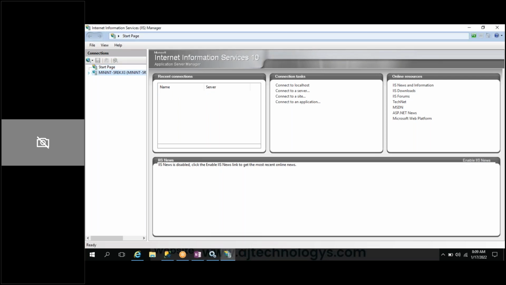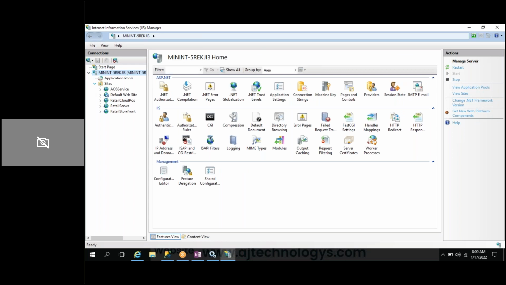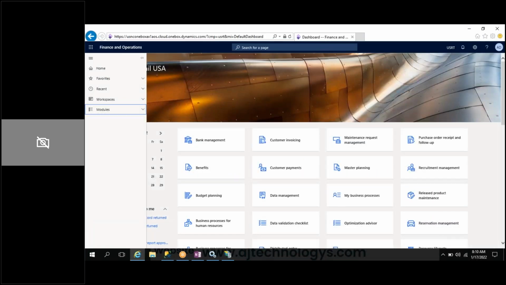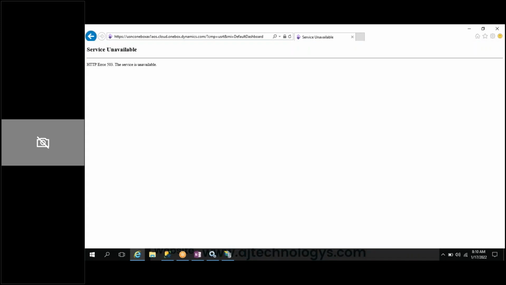Then you can expand this, sites, and our AOS service is available here. Okay, Application Object Service. And if we look at the right side, manage website, restart, stop, and start; start is already grayed out, meaning it has started. When you stop this website, our product Dynamics end user won't work.